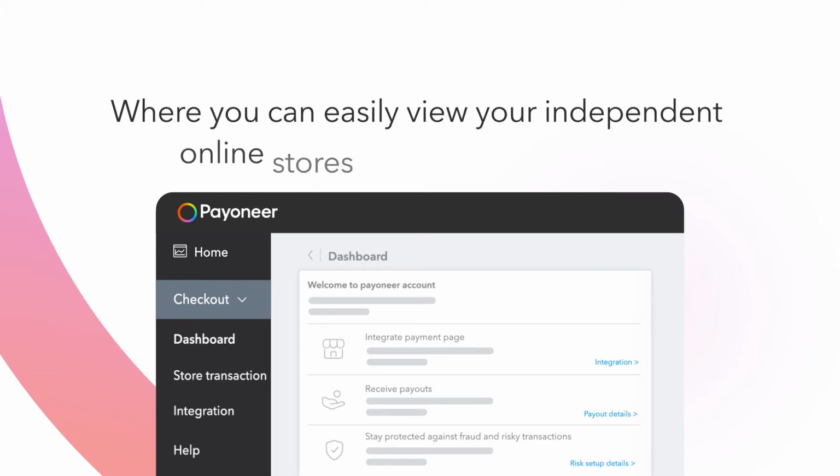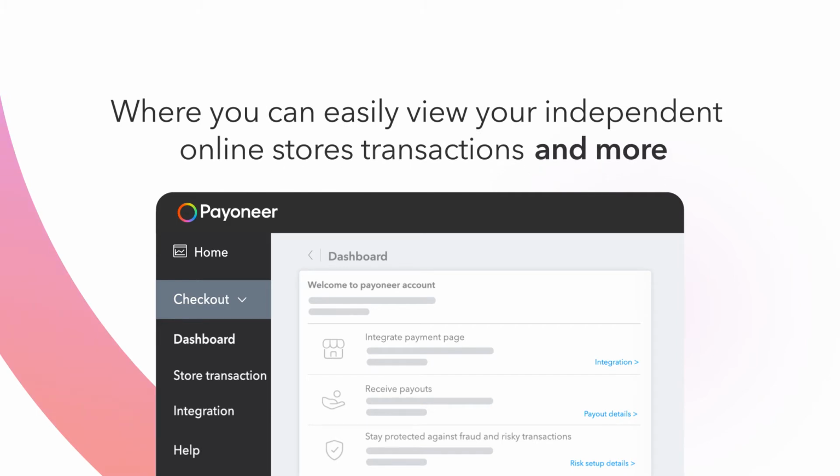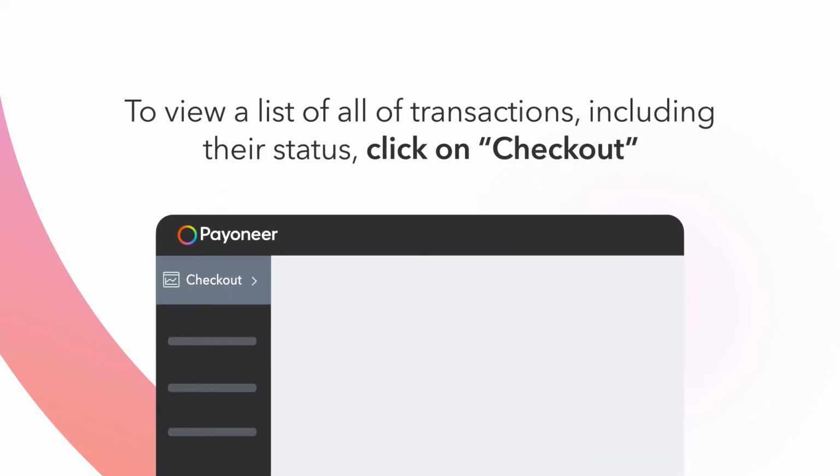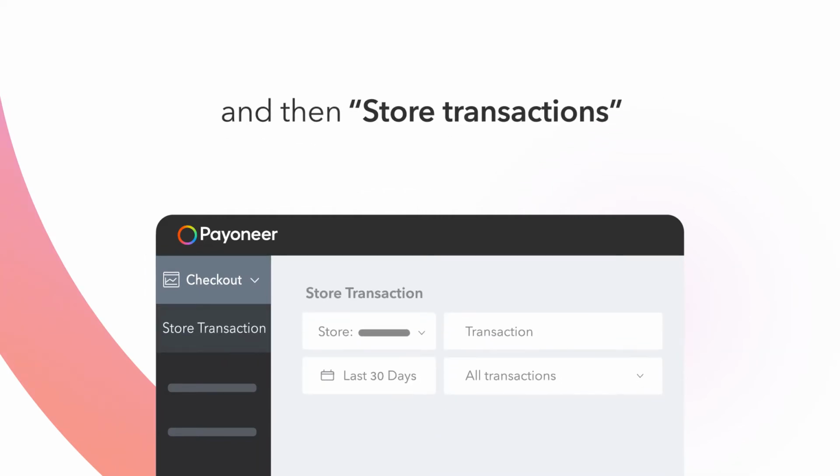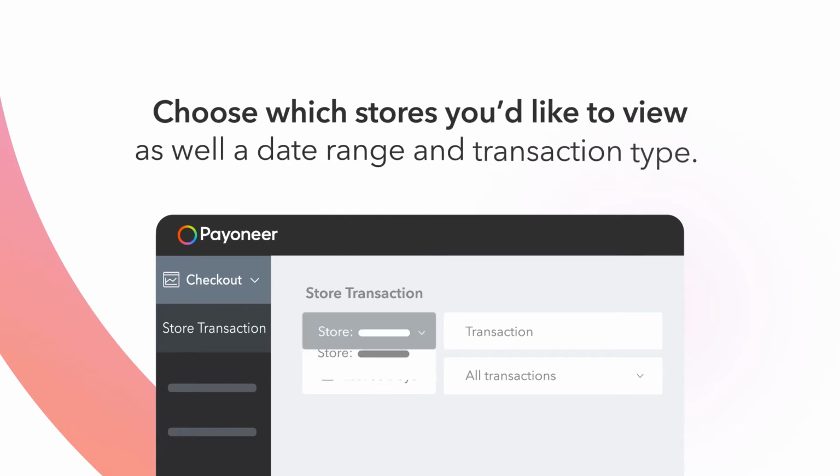Payoneer Checkout allows you to easily view and analyze your independent online store transactions, issue refunds to customers, and more. To view a list of all transactions, including their status, click on Checkout after signing into Payoneer, and then Store Transactions. If you have more than one store, choose which stores you'd like to view, as well as a date